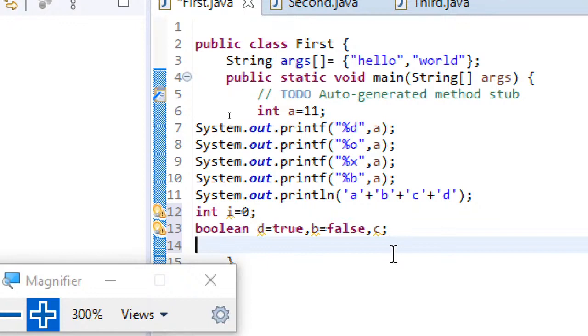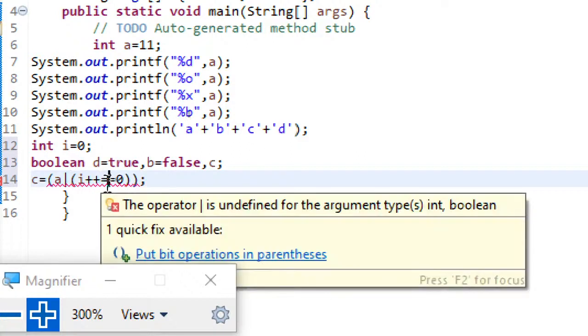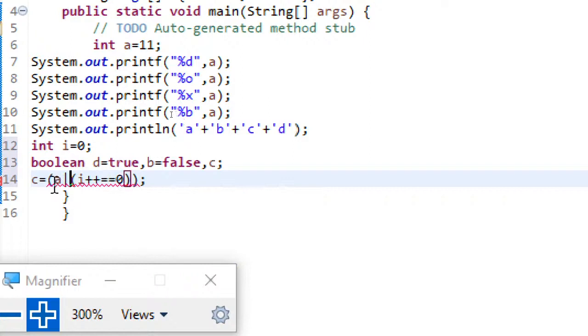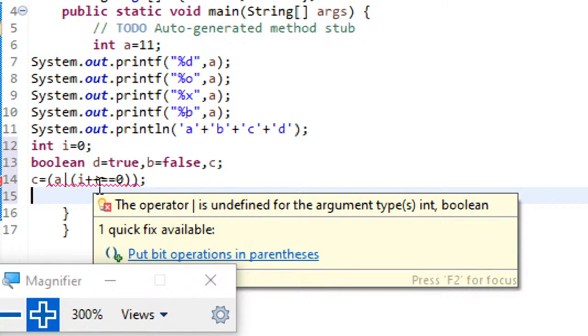Now I'm just saying c equal to small a or small a or i plus plus double equal to 0. Find for the argument.